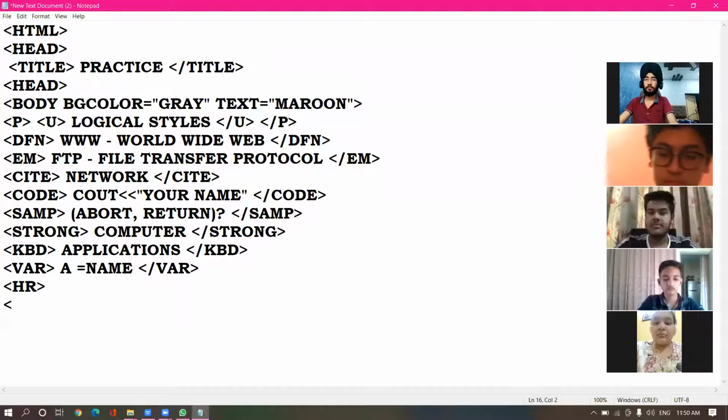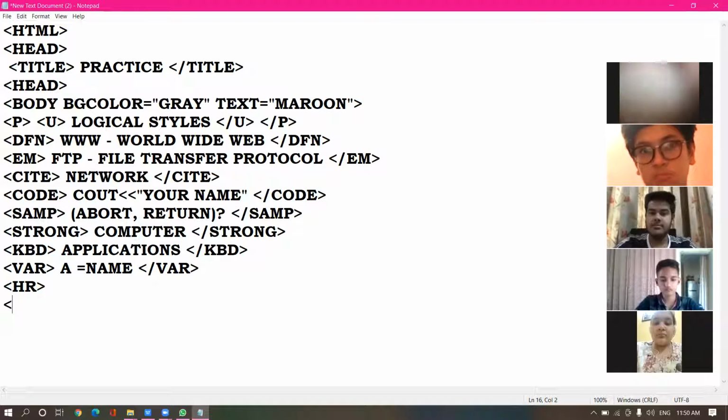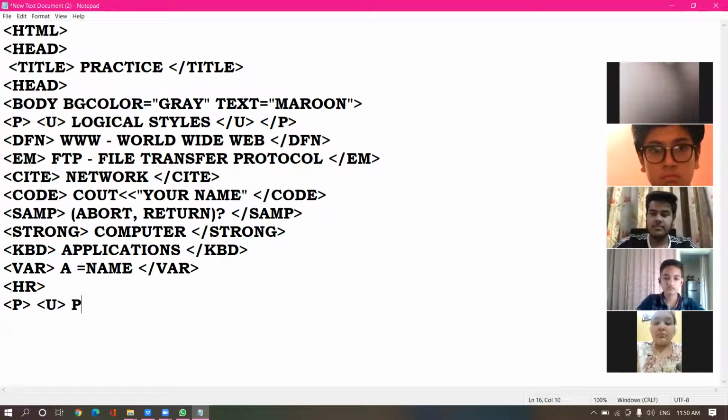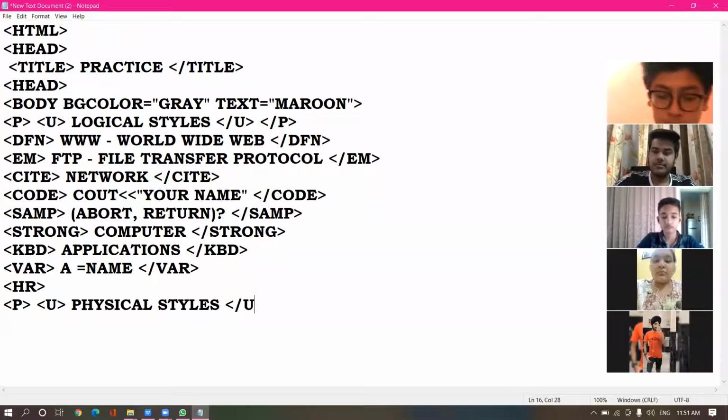Now next, I am giving the physical styles. So in physical styles, we have 4 tags. Then U tag close, then P tag close. Okay.